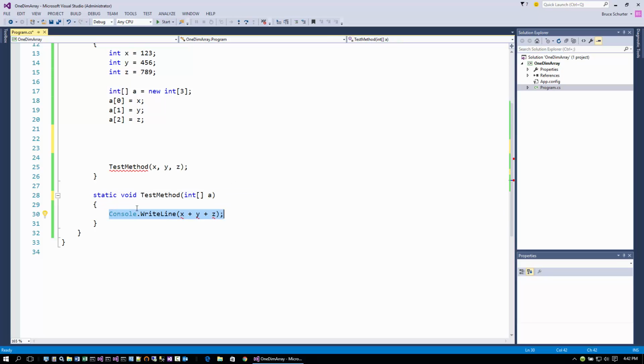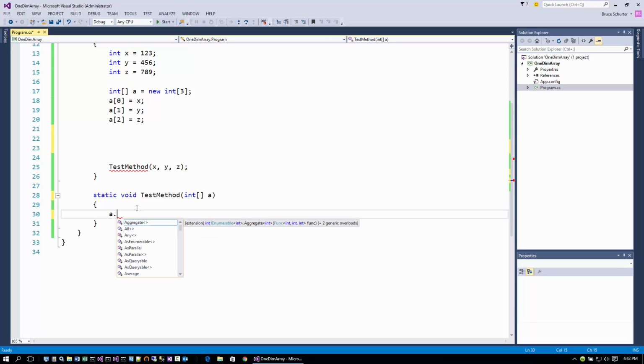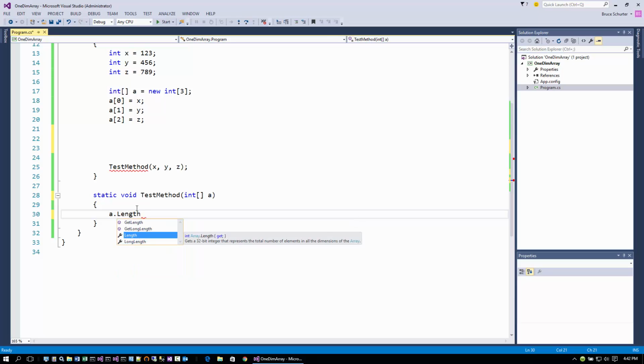Then the question may come up, how do we know how many values are in the array? Well, the good news is, if I were to type A and then dot, you'll see several methods, one of which is length. And that's going to return an integer representing the total number of elements in all the dimensions of the array. Since it's a single dimensional array, I don't have to worry about possibly having 2 dimensions and therefore many more elements. This is going to indicate the total number of elements I have for my one-dimensional array,